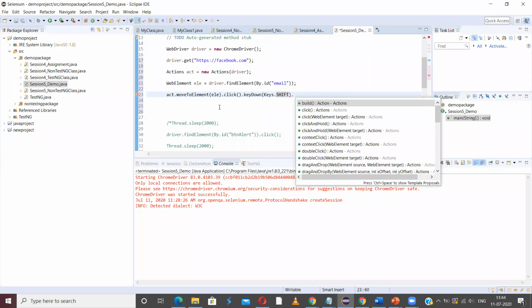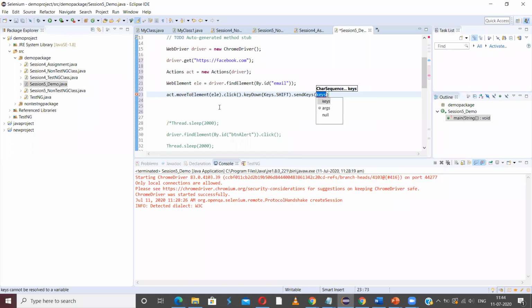Now I should enter. Usually that's what we do manually, right? First we press shift and then we press the letters on the keyboard. To input text using Selenium, we use send keys, right? So we can use send keys here.